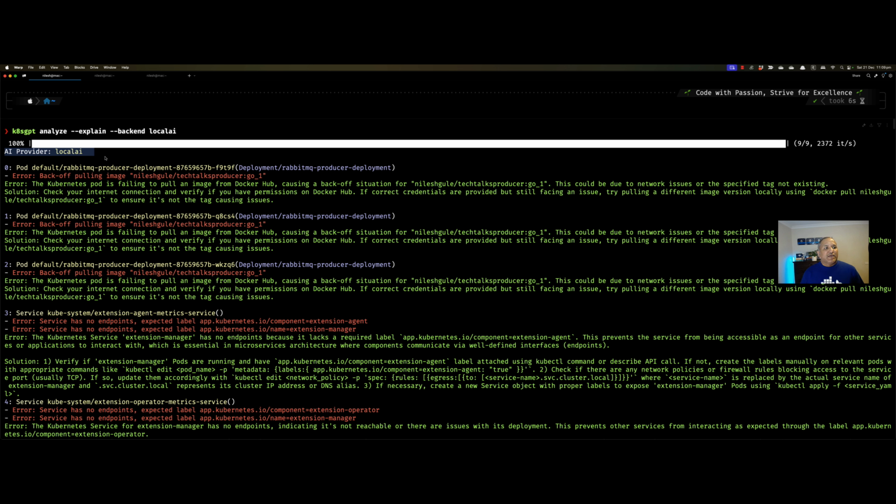So that way, we can switch between the different providers which are configured, and we can also set the default provider. If we don't provide the backend flag in the analyze or the explain command, it would use the default provider. But when we specify a specific backend, it would use that backend to do the analysis and give us the output in